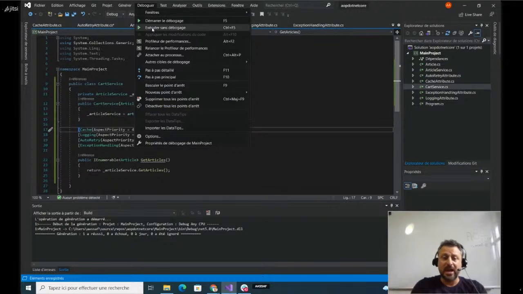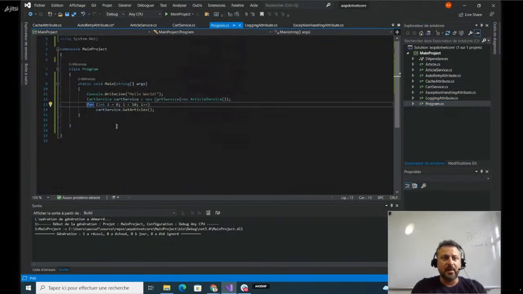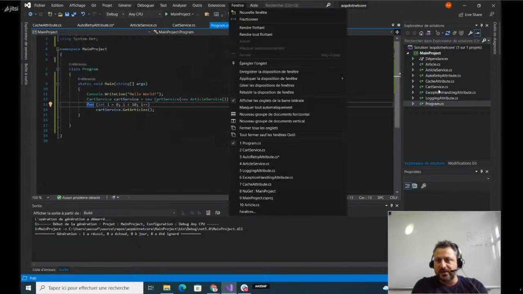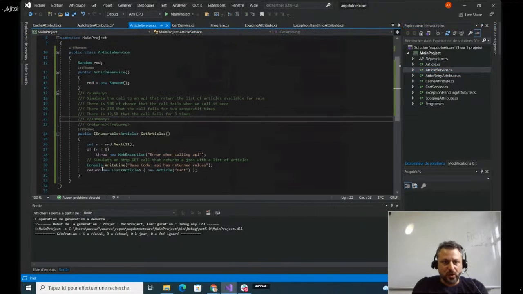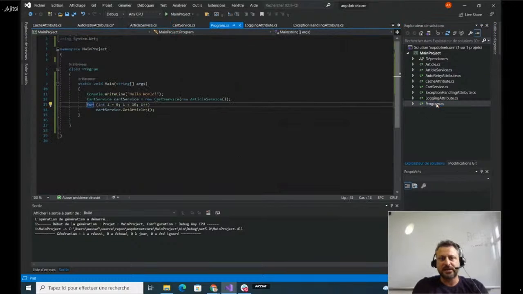Let us see. I will stay with 10 iterations of this loop calling my cart service, because like this we will see that there is no HTTP call. We will not have the message "base code API has returned value", because we will read the value directly from the cache.